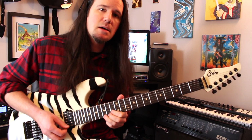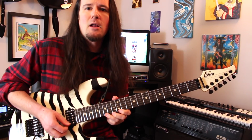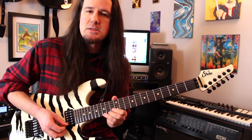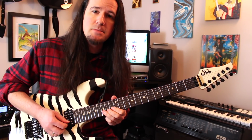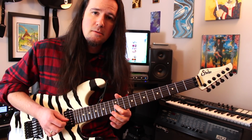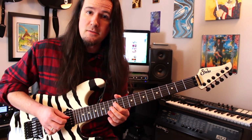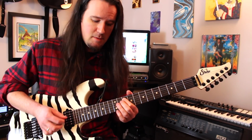After this, he's got this thing that kind of outlines a G5 kind of chord. You're going to play the 15 on the high E string 3 times. You're going to play the 15 on the B 3 times. 12 on the G 3 times. 12 on the D 3 times. And then 10 on the A 3 times. So now you got...